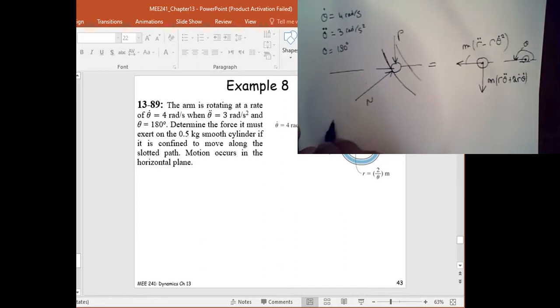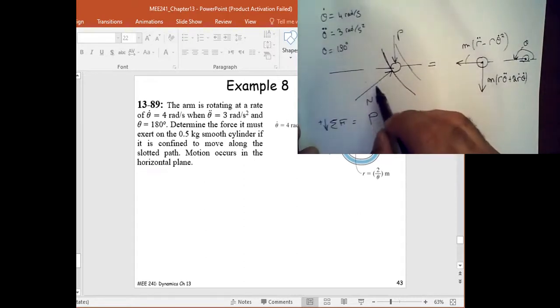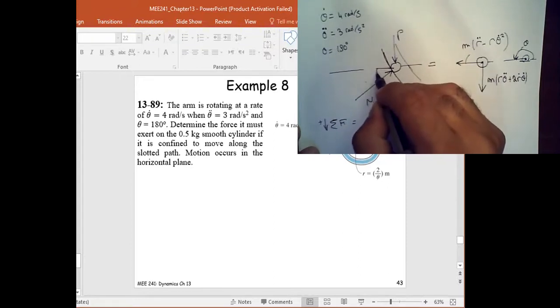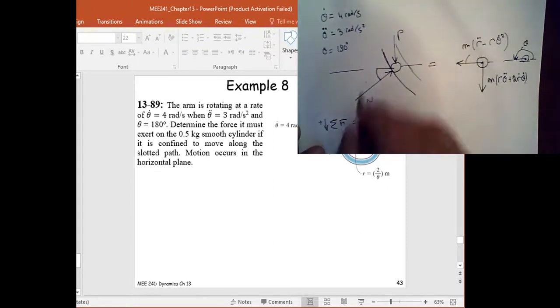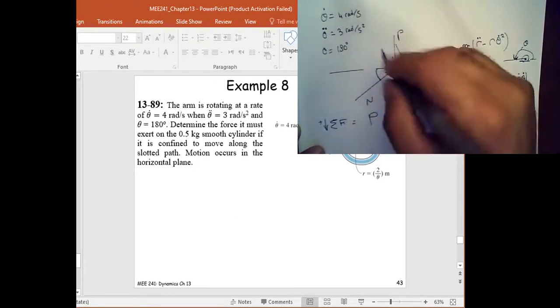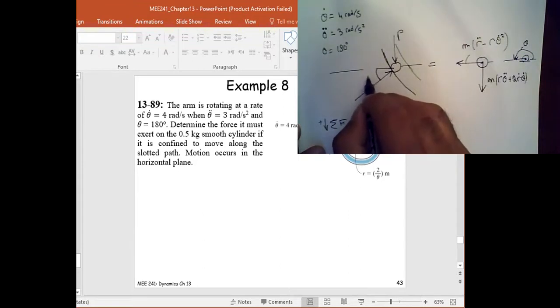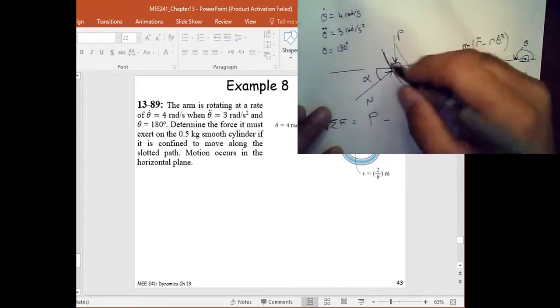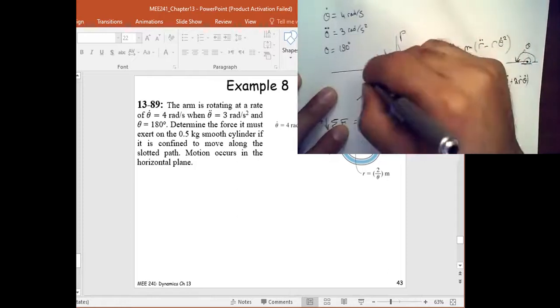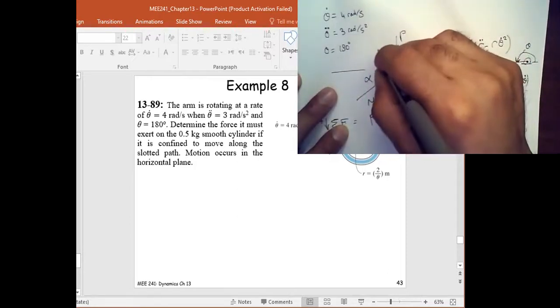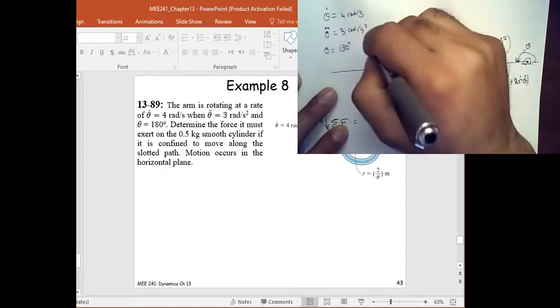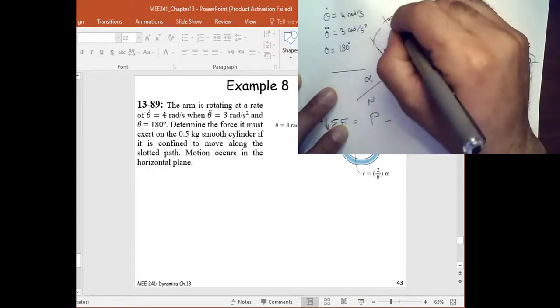So I need to know P, so I have to sum the forces along the direction of P, and then I'm going to have P minus... so now I need this angle. We need to find that angle. How can I find this angle? I'm going to call it alpha for the time being. Well, we just said that we know the angle between the tangent, this is my tangent line,